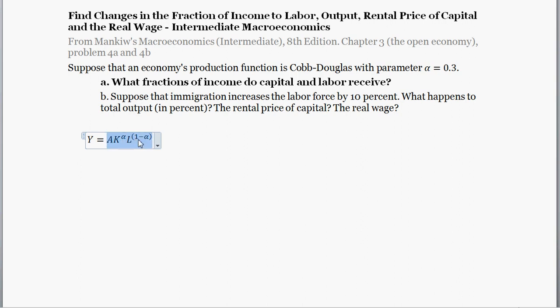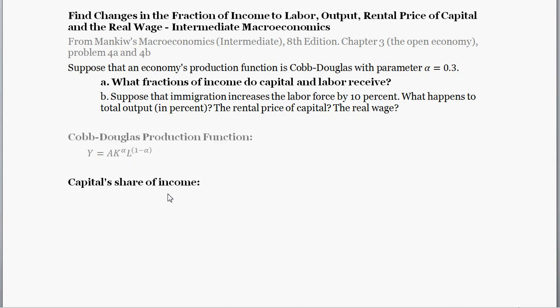But we need to show, probably on an exam or homework or something like that, you're going to actually want to have to show how to do this. So let's do capital first. So what is capital's share of income equal to? Capital share of income is equal to,